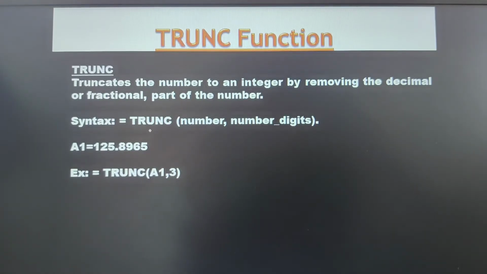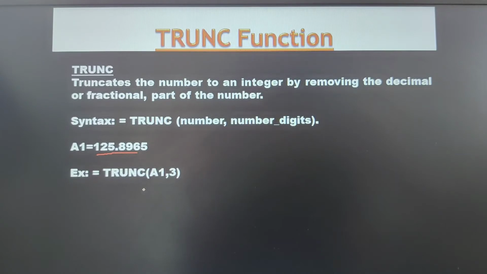So what is the general syntax here? Equals followed by the function name. In its argument we need to pass the actual number, and then how many digits you would like to keep after the decimal point. Now here is an example where A1 has 125.8965. So when I pass this in the trunc function, A1 comma 3, that means 3 indicates how many digits I need to keep after the decimal point. So this would return me the answer as